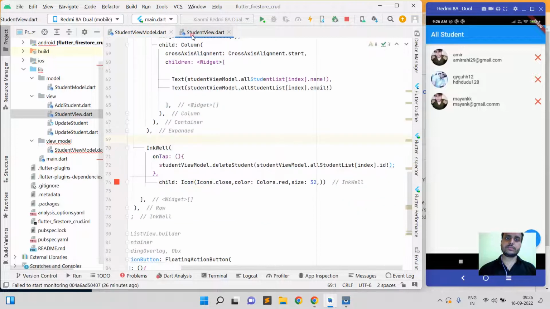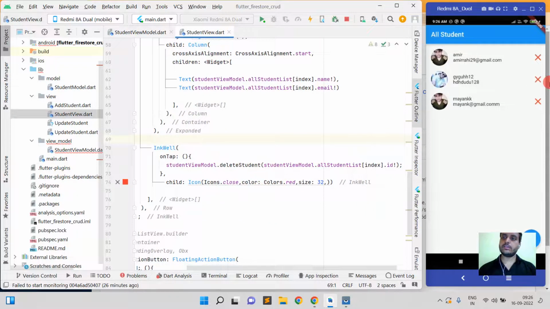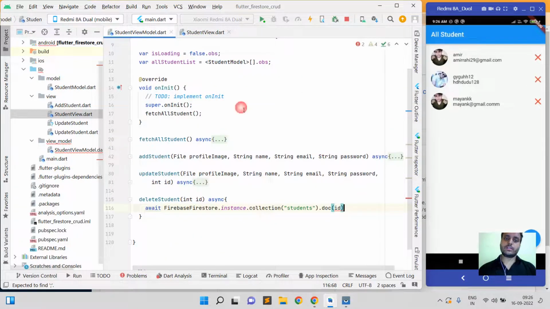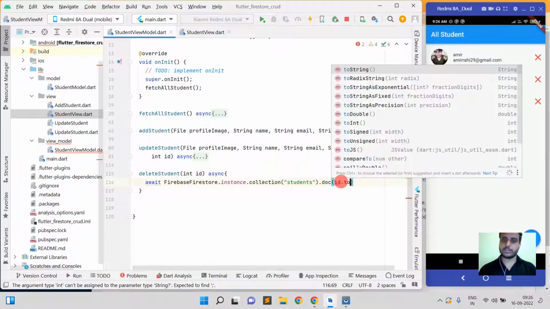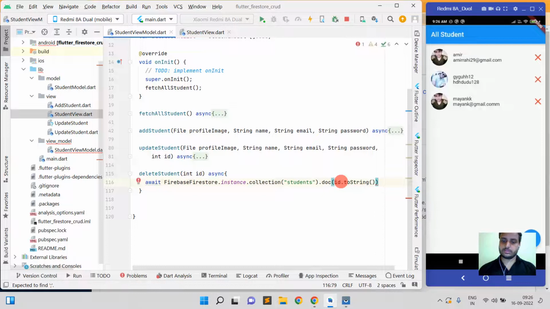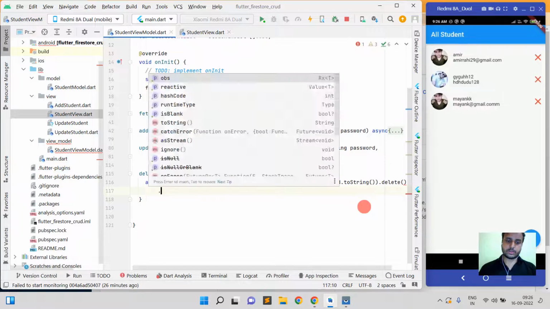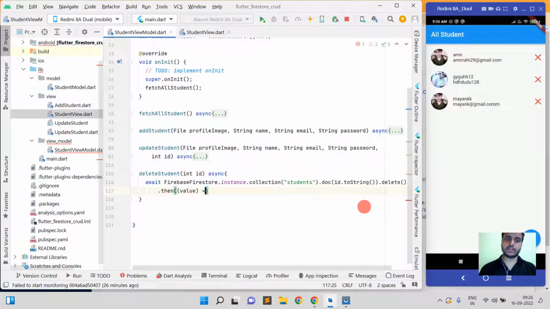Okay, which is coming from here when we click this cross icon, and this will be the type of string dot delete. Okay, now here pass them, and then here